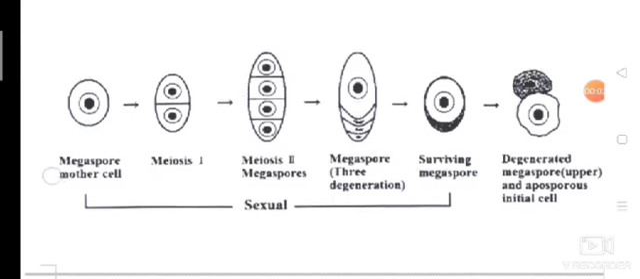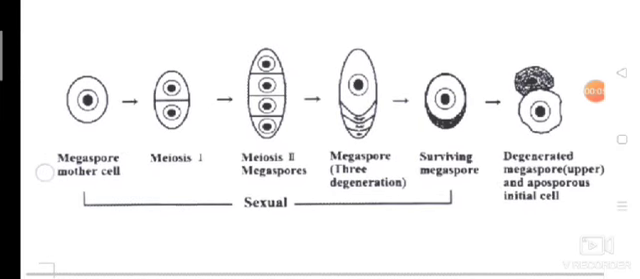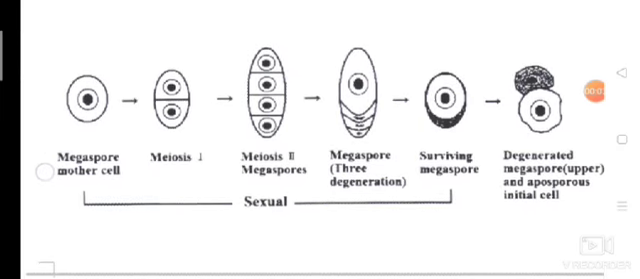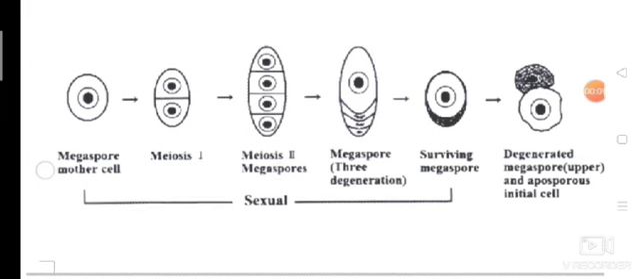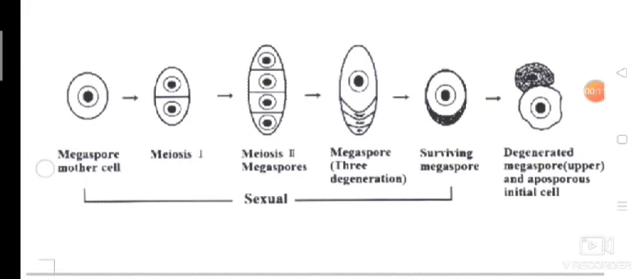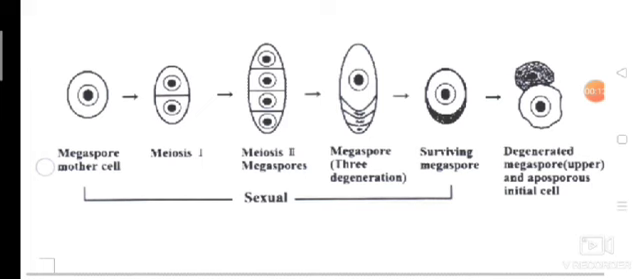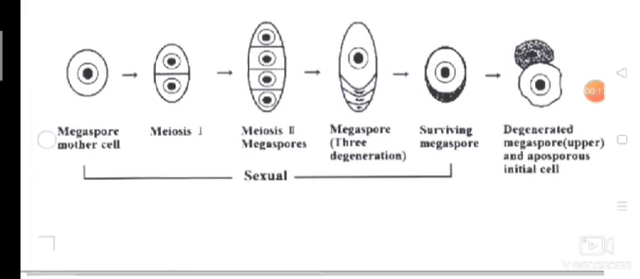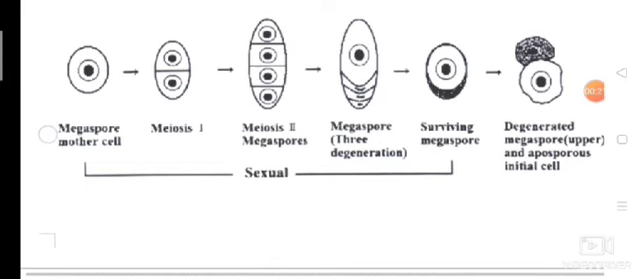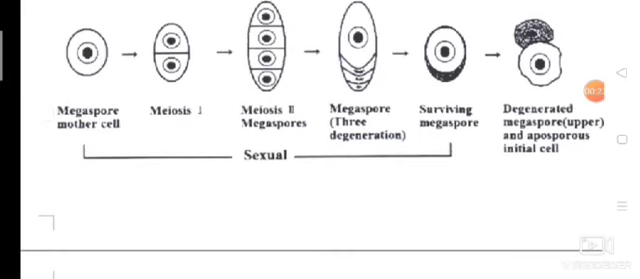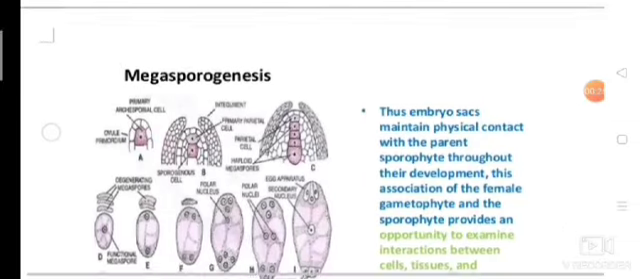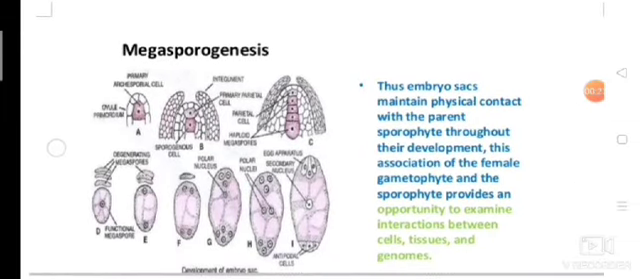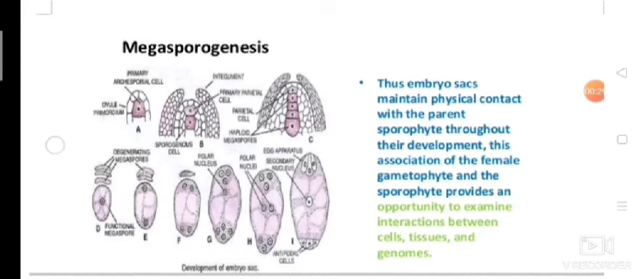The megaspore mother cell divides by meiosis. After meiosis 2, the megaspores form a tetrad. Three megaspores degenerate. Only one megaspore survives. See the picture for the degenerated megaspores. The ovule is produced from the megaspore mother cell. The embryo sac maintains physical contact with the parent